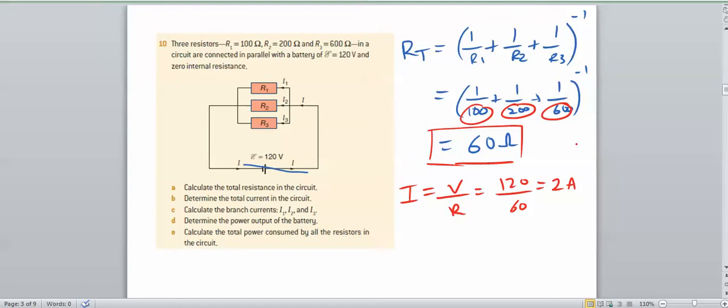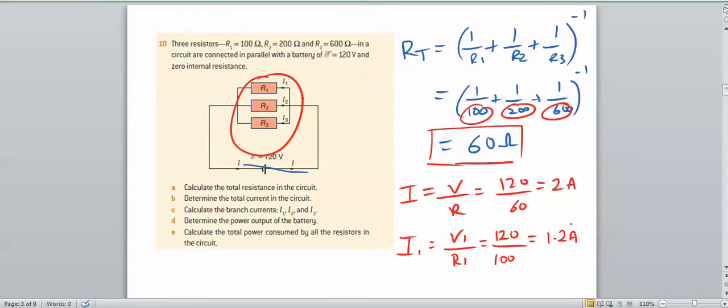Calculate the branch currents. The voltage across each of these is going to be the same. There's going to be 120 volts across each of these resistors, but the current will split depending on the resistance. So let's have a look. If we use Ohm's law, I1 is equal to V1 over R1. We know the voltage across all of them is 120 volts, and resistance 1 is 100 ohms. So we've got 1.2 amps